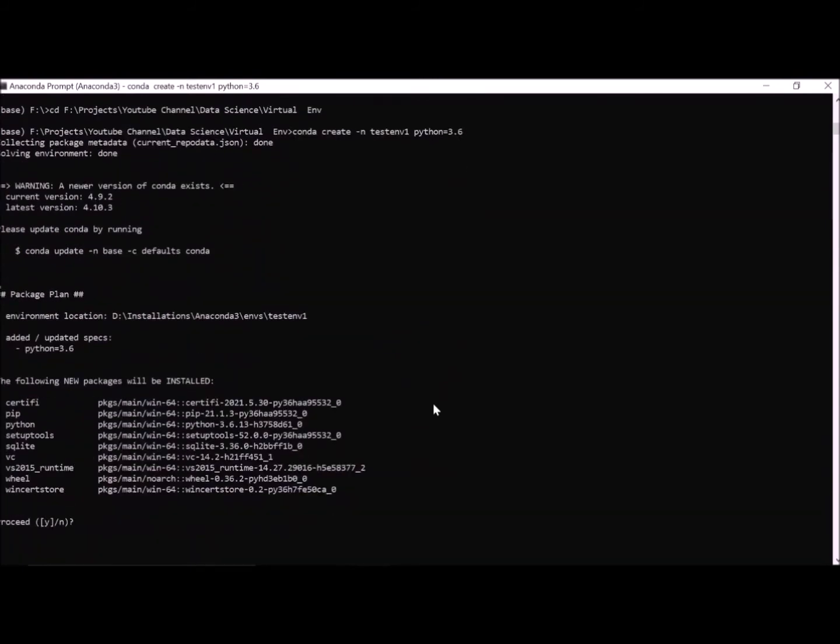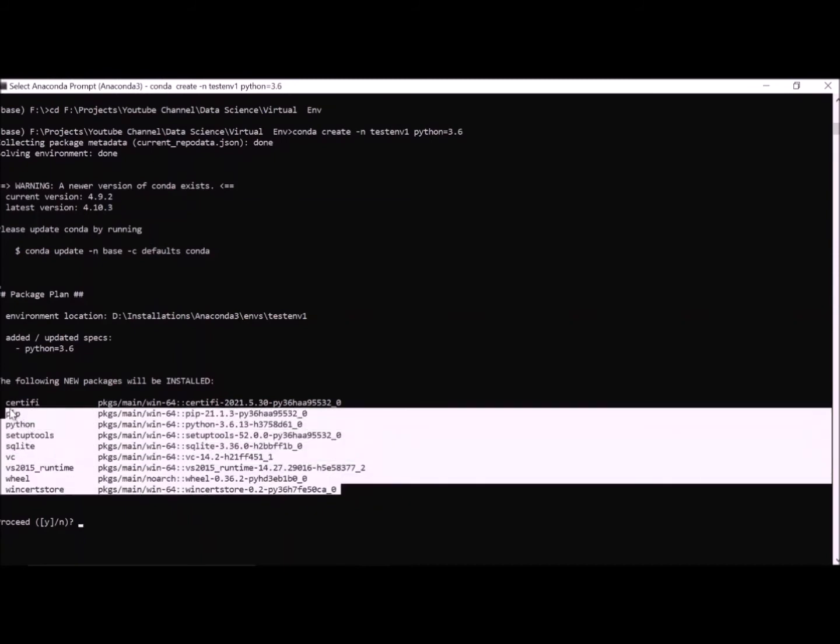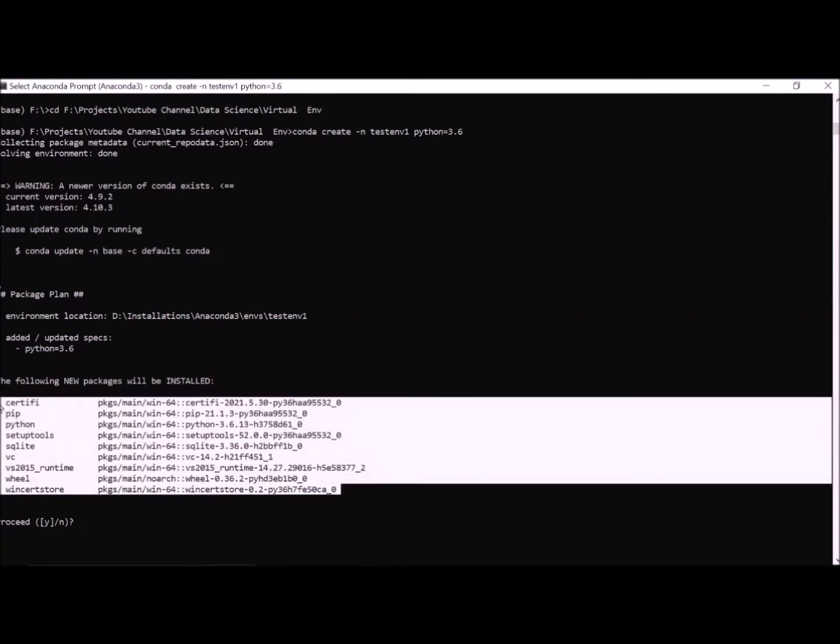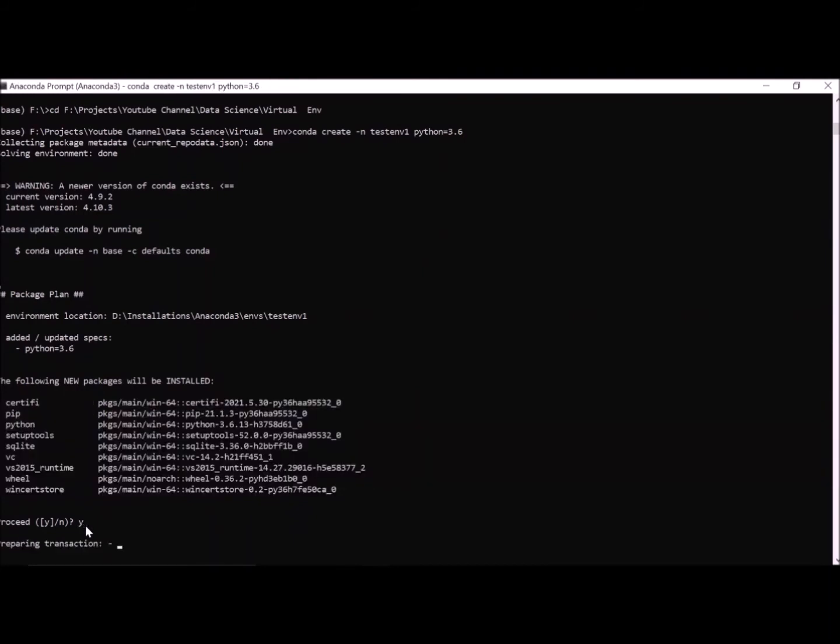See here, these are the default prerequisite packages which will be installed while creating the new virtual environment. I will say yes. Finally it will create it. So let us see.